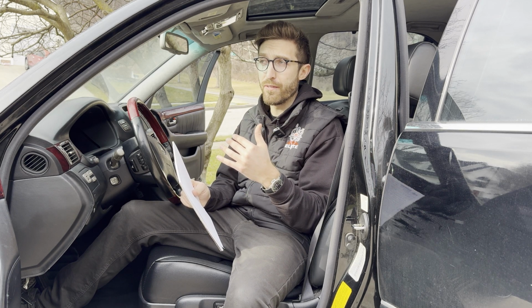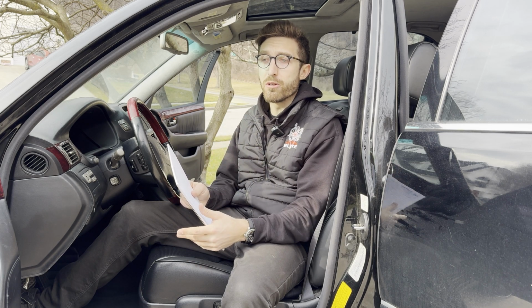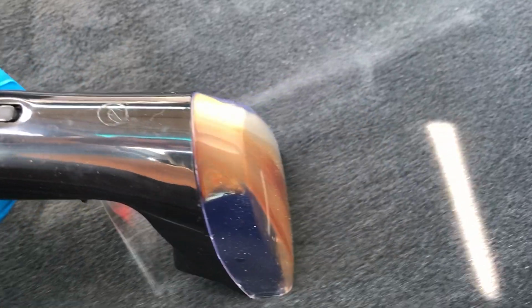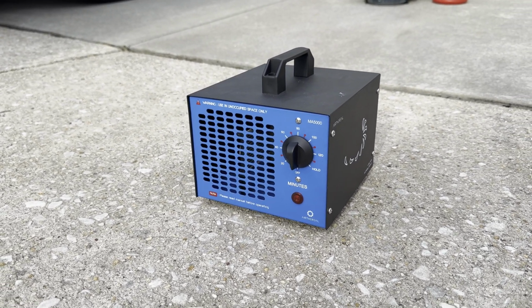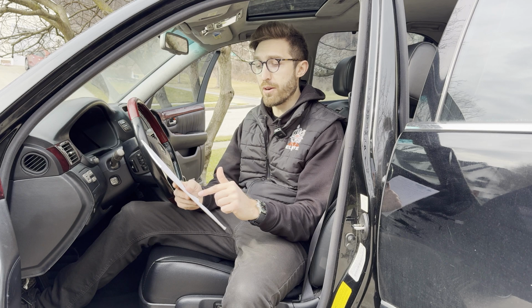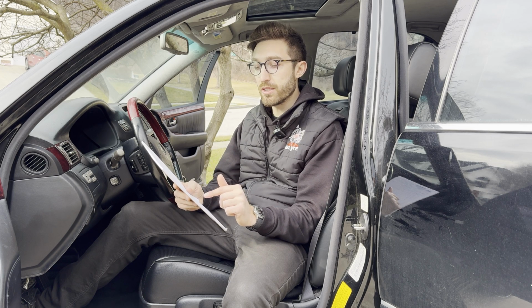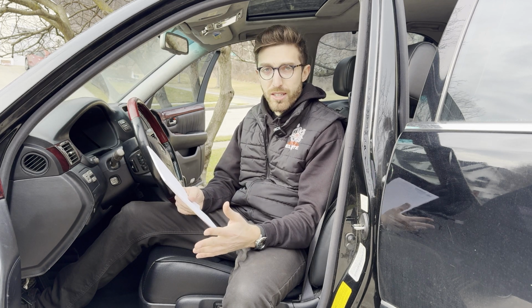This is something that you're gonna have to repeatedly treat and go after for maybe like a year of your ownership. But again, a lot of this hard upfront stuff of like the deep vacuuming, the carpet cleaning, etc., you only have to do that once. But the ozone, you're gonna have to do for probably a year. And like I said, follow that schedule where it's every day for a week for 2 hours, 2 hours once a week for 1 or 2 months, 2 hours once a month for 6 months, and then 2 hours once a year. I guarantee pretty much if you follow these techniques, it will get rid of the cigarette smell